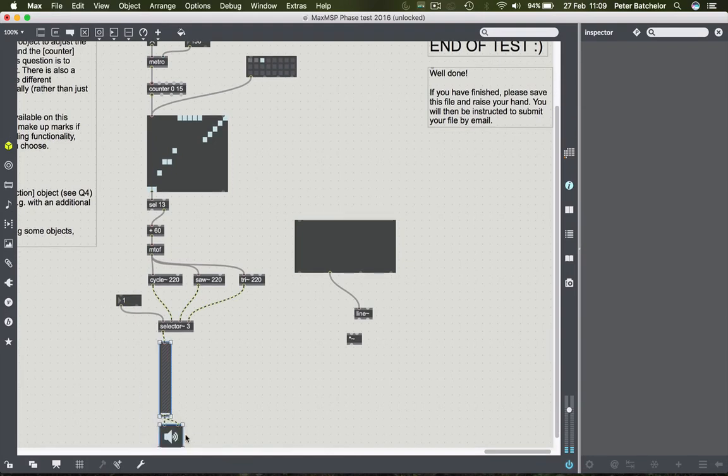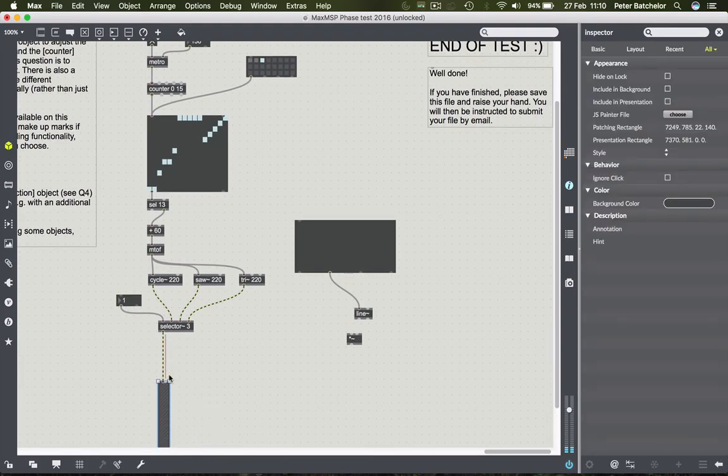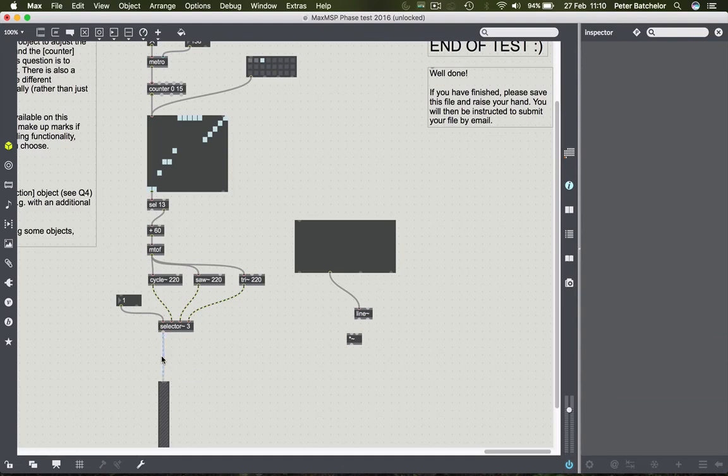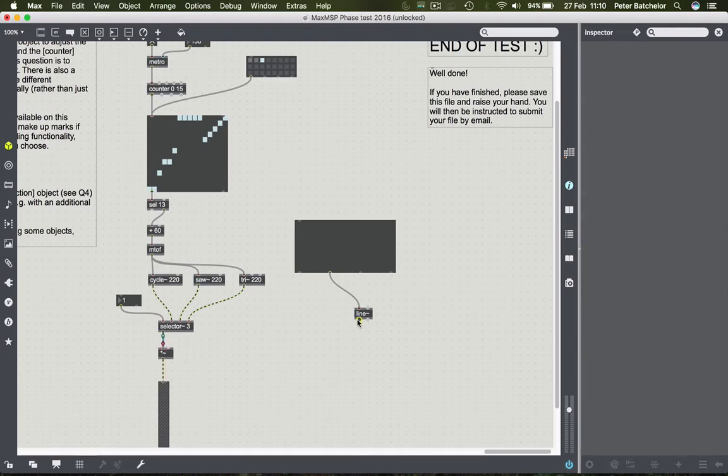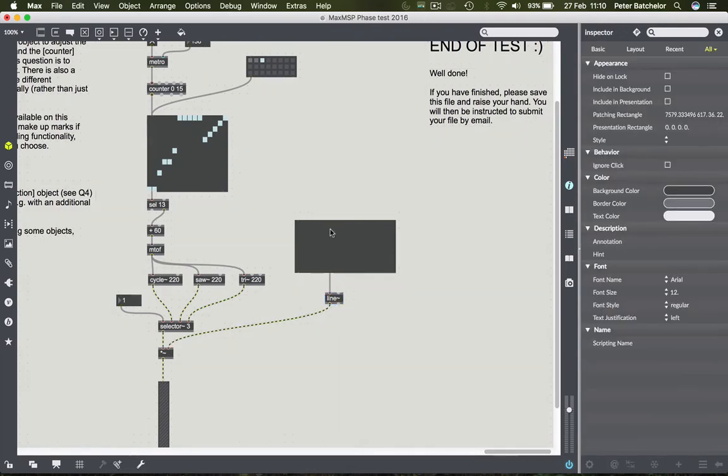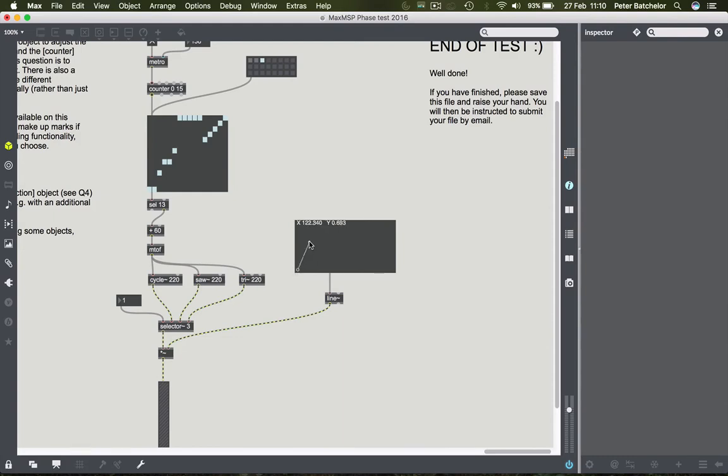And we will insert the multiplication object between selector and our gain object. So the signal goes through the multiplication object and it is controlled by the output of line. And then of course we can put in a little envelope into that, which will affect the volume over time